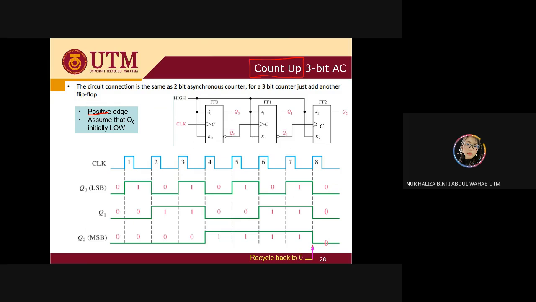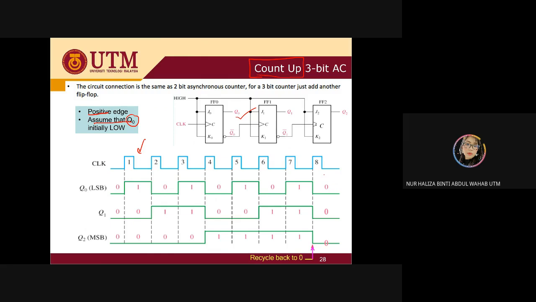And you look into the connection. How is the connection from the basic? You just add another few flip-flop, another few flip-flop. And initial value is given here for Q0 is low, and normally it's going to be low for all. And starting from here, you can see as long as your connection, everything here is correct, then you need to